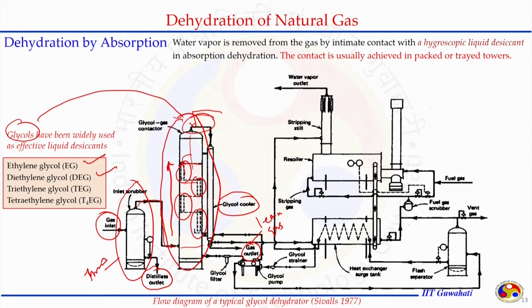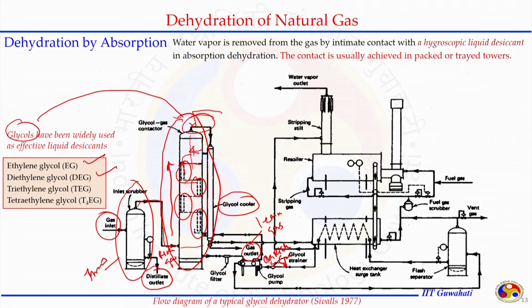Here it was the rich gas that was sent to the absorber. And what about the glycol or the solvent desiccant? The solvent desiccant that was sent here is lean, and from the bottom we are going to get the solvent which is rich glycol, meaning it has more water. And when this rich glycol is coming, it may not have only the water, but some impurities that are transferred from gas to glycol, and that is where first it should go through some filter arrangement.